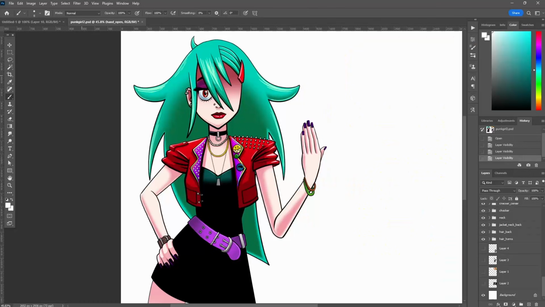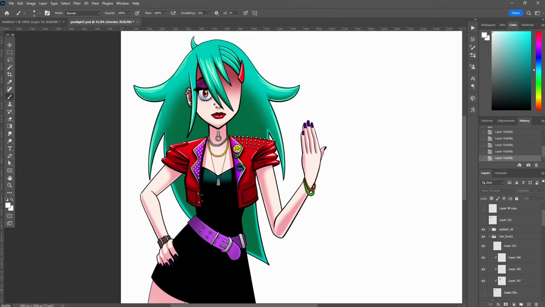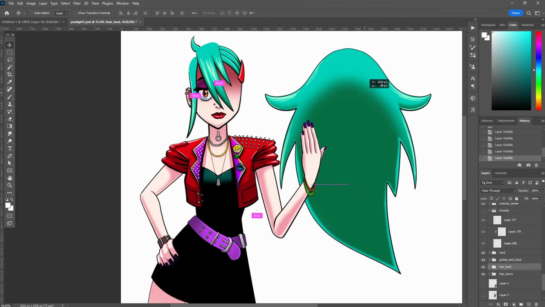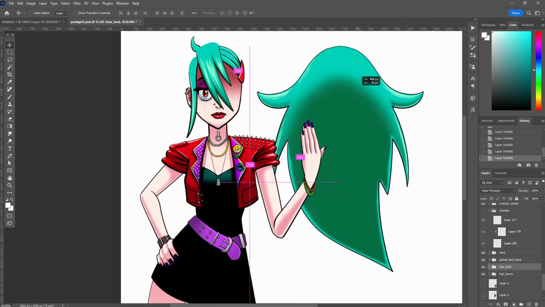By the way, you can use any image software you want to design the characters, but I highly recommend using something that exports PSDs, which honestly most image software does nowadays. I'm arranging each of the different parts into its own folder, and each one has its own colored layer. I find this easier because the parts are pre-split, and it forces you to think about designing stuff behind each of the layers in front. Like most of this big hair is going to be covered up, but when she turns her head or moves her body, you might see parts of the hair you wouldn't see in this composition,